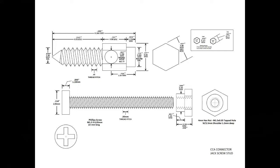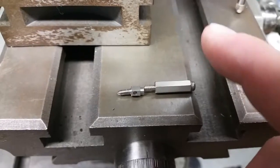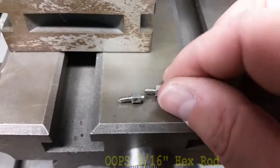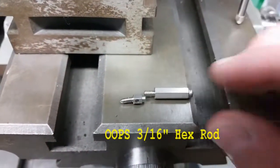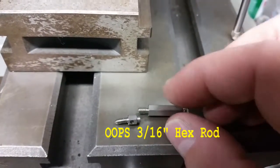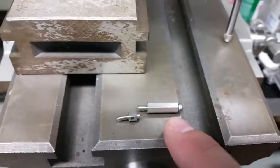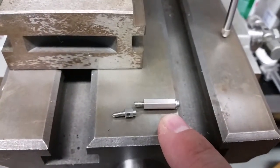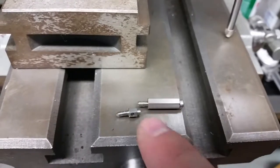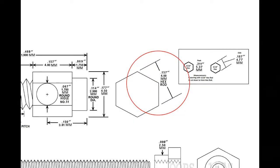And it's made out of 4 millimeter hex rod, which we don't have at work. So what I did is I grabbed some bigger hex rod. I think this is 1/4 inch hex rod or something like that. I don't remember. And I decided, well, I just need to mill that flat on all the sides. But how do I do that? And I figured out how thick it was in inches, and then I figured out how thick this was in inches,